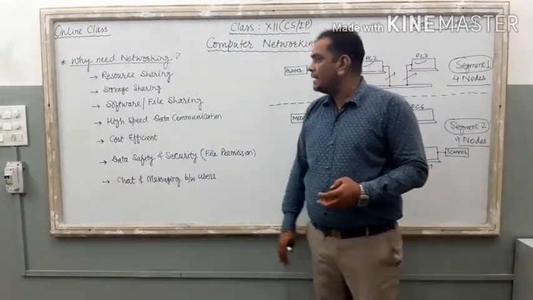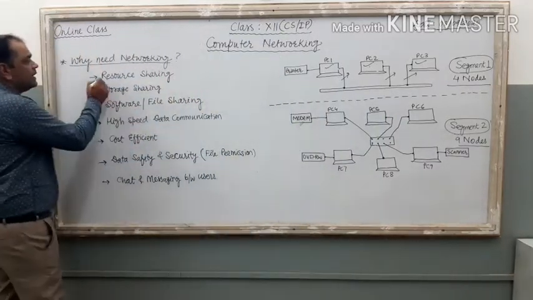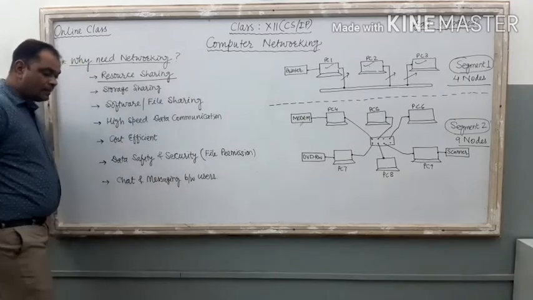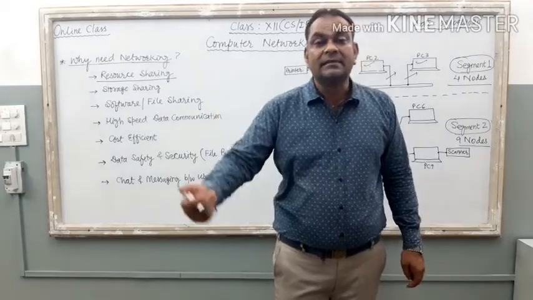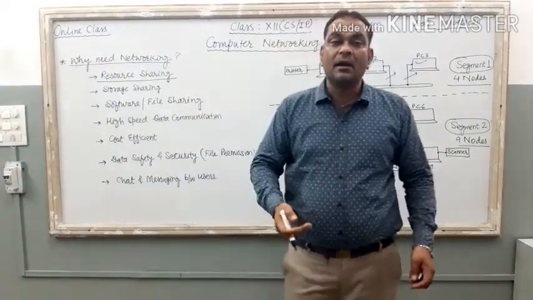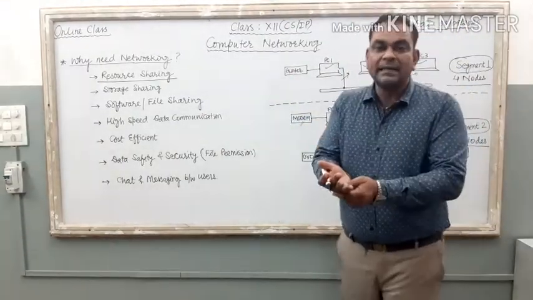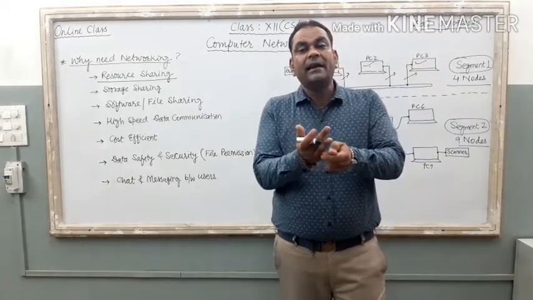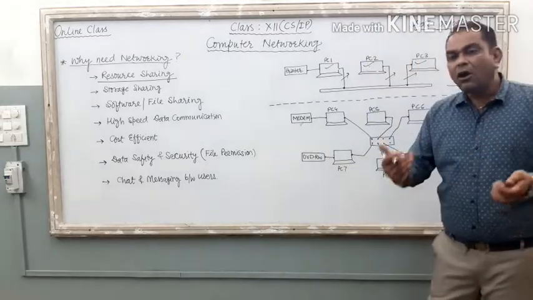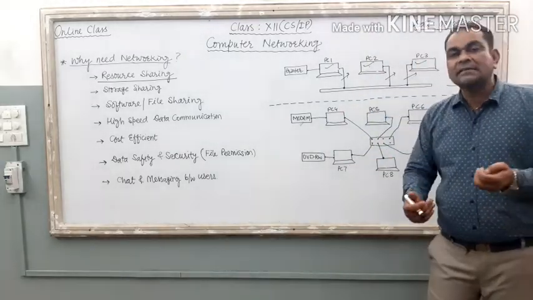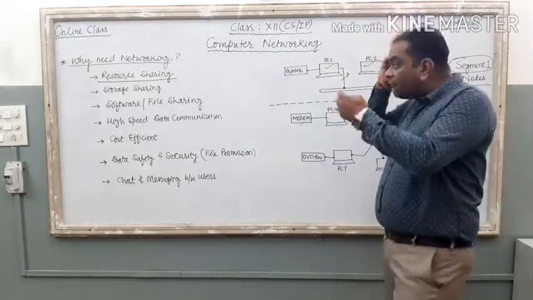The very first advantage of networking is resource sharing. Resources means the different computing devices that are connected with our computer as hardware peripherals. These devices are known as resources. Printer, web camera, DVD or CD writer, scanner, photocopier machine. These are the resources of our computer system, or we can say different hardware devices or peripheral devices.